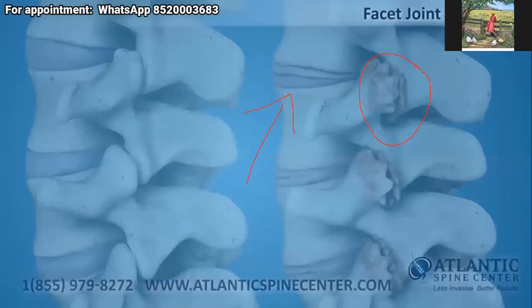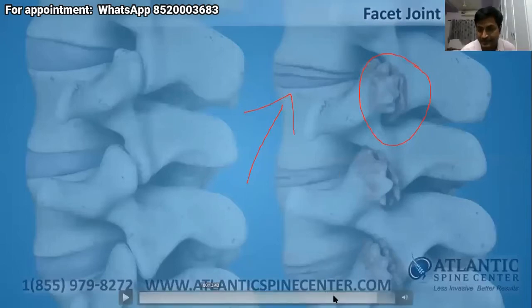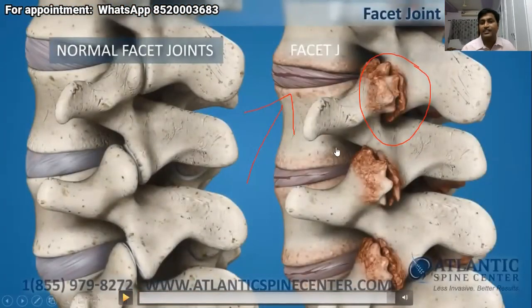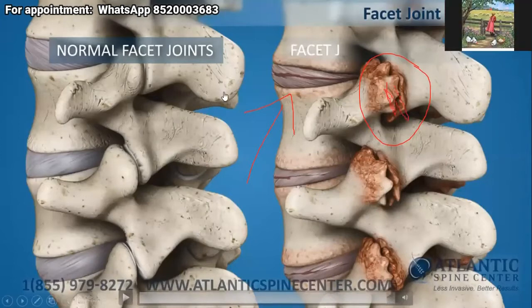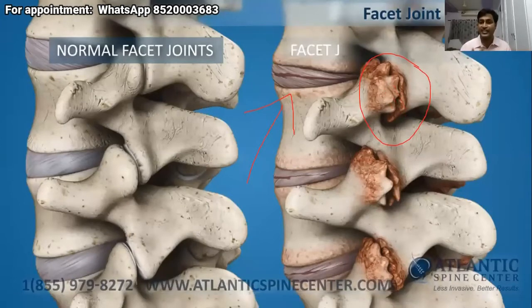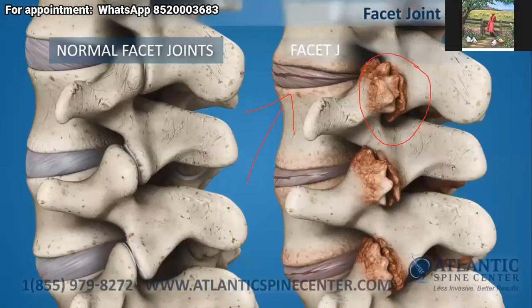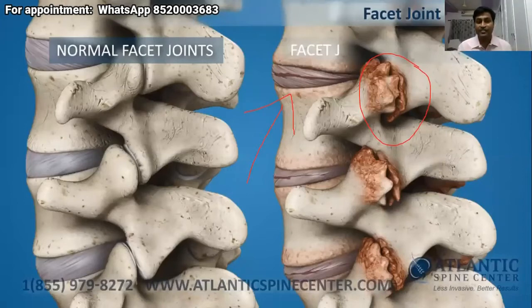Coming to this picture, see this. When the patient has facet arthritis, is the lumbar disc normal? No. Usually this is a combined process. The patient will have lumbar disc degeneration along with facet arthritis. But the thing is, even in one patient both can be degenerated. I will give an example. If I see patients at the age of 75 or 80 years, how many of them will have osteoarthritis?